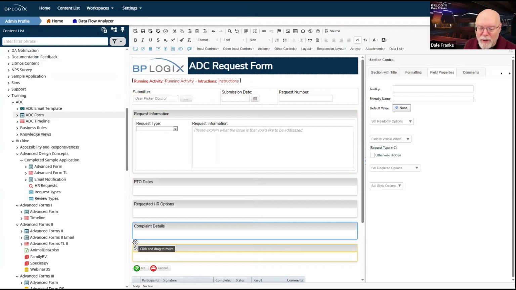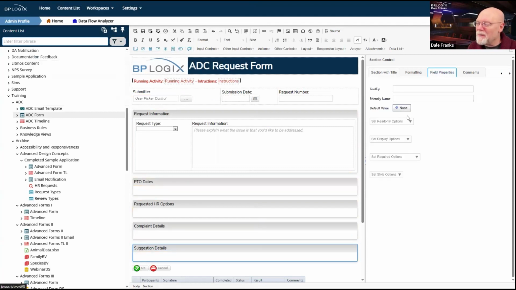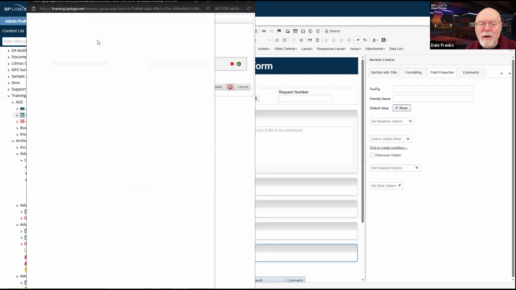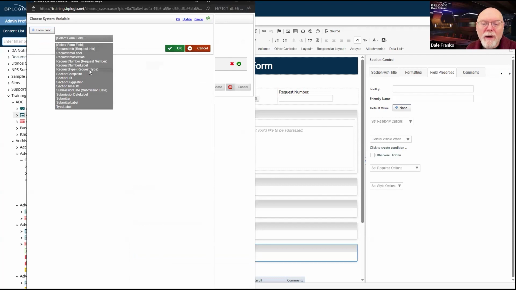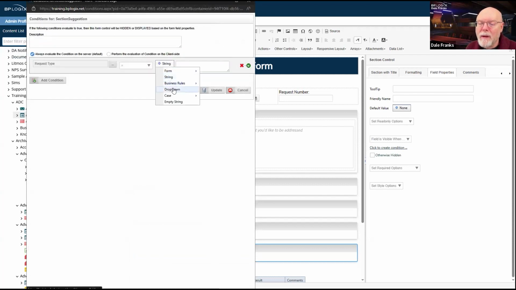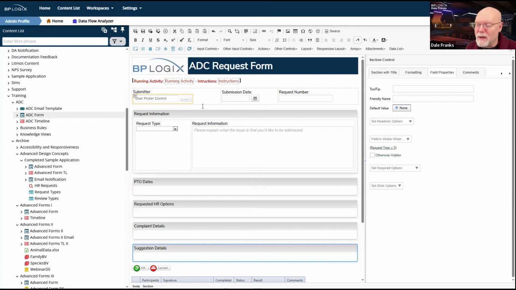And the bottom one is suggestion details. Well, I'm having trouble clicking on the control. And one final field is visible when. Condition to configure. Suggestion is the appropriate answer here, and otherwise hidden.